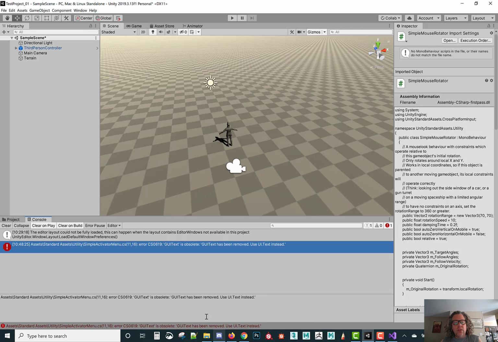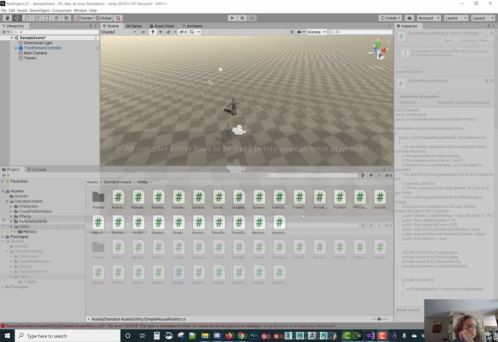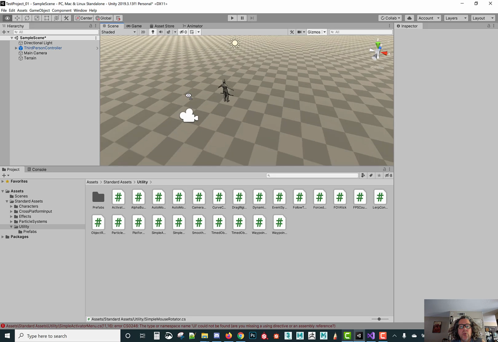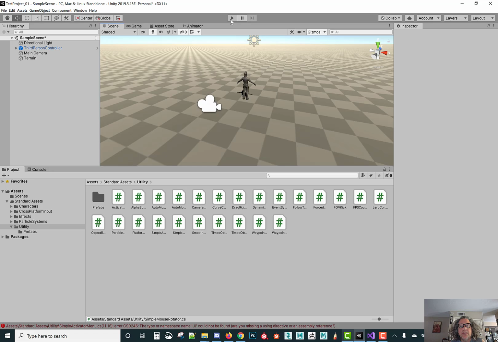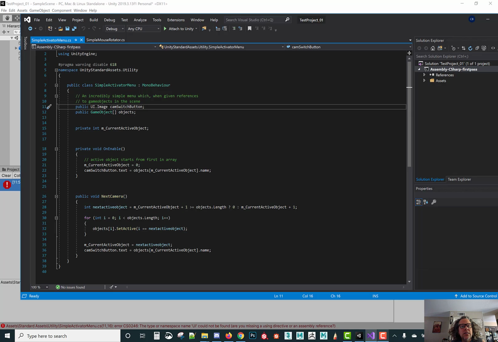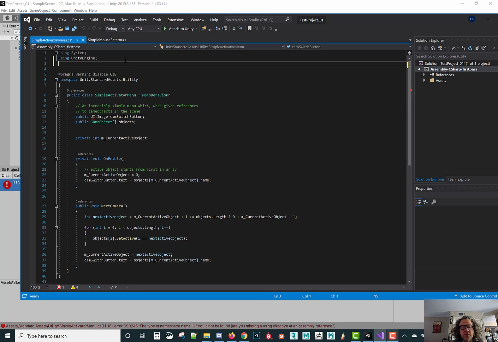Okay, so the error that we're getting here, if I go into project and I double click on where I'm getting errors, let's go ahead and hit play. So after some research and some digging and realization of some errors, I'm not sure what those two scripts are that are causing the problems. If I hit play, I get those compile errors. I double click on the error and I go here, simple activator menu script. I double click on it and it's right here, and I've updated it. What we need to use is UI.image instead of GUI.text. Yet I'm not getting it called down,